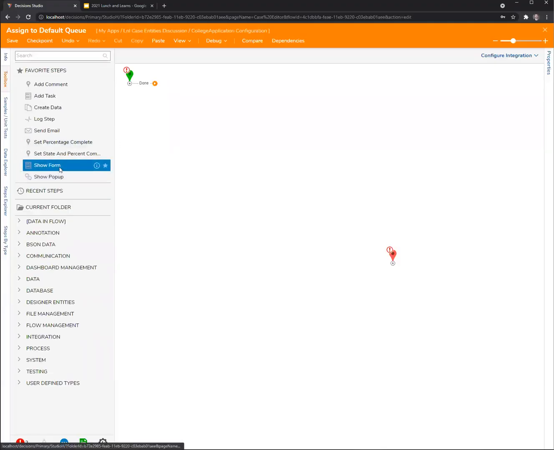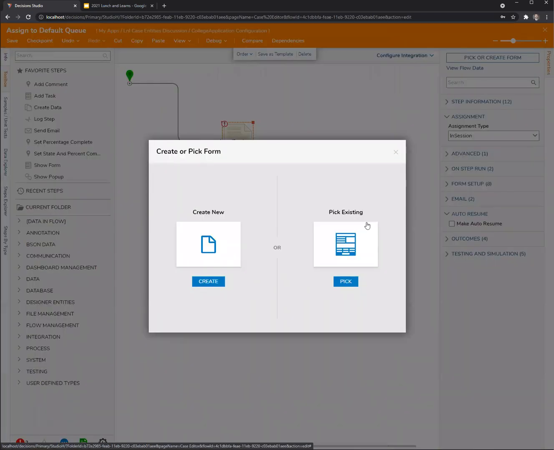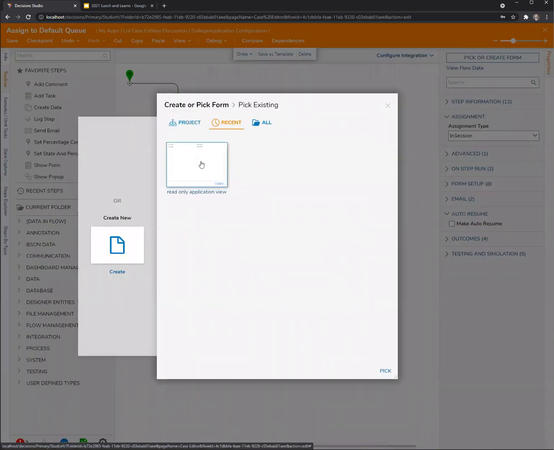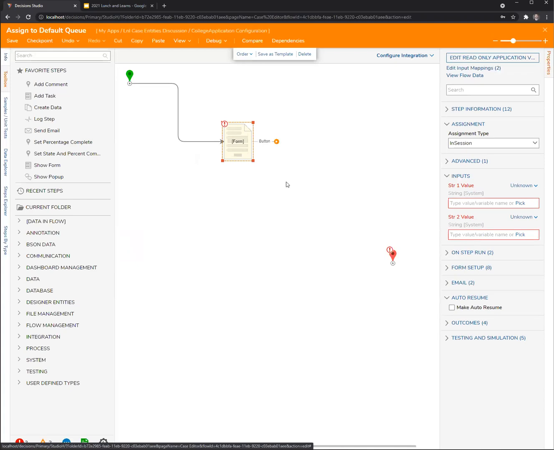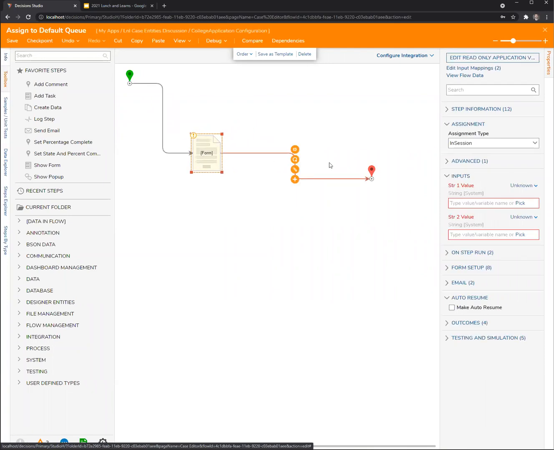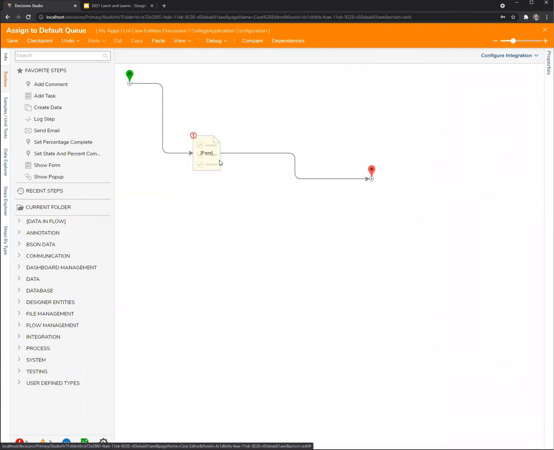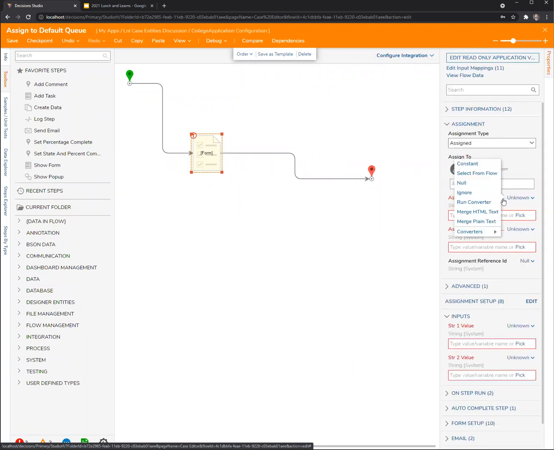And in here, I'm going to use the same form I built before, but I'm going to select the one I just created, which it's probably not what we'd actually do, but the important piece here is I'm going to set this to be an assigned form. I know that I'm a member of administrators. Actually, I'll just assign this to my user directly, admin@decisions.com, to show this. And the assignment name will be